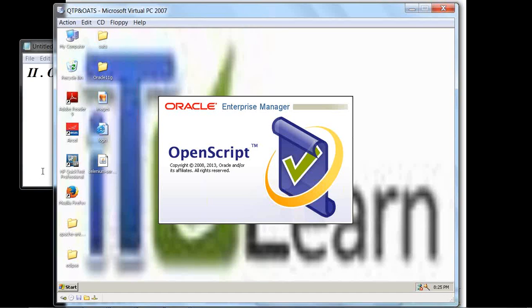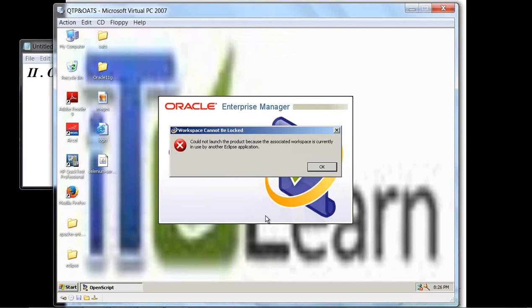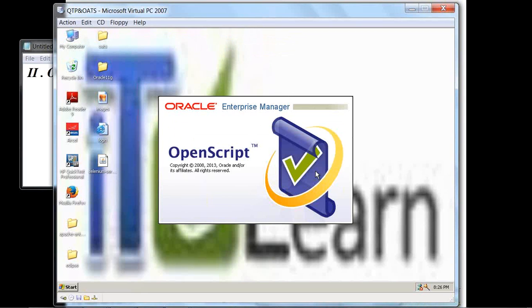Let us see, I have a script. Let us see how to parameterize that. Meanwhile we were talking about the object repository. It is saying it could not launch the product, which means it is starting.